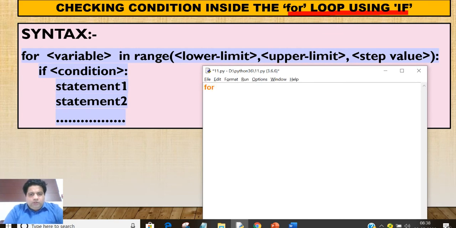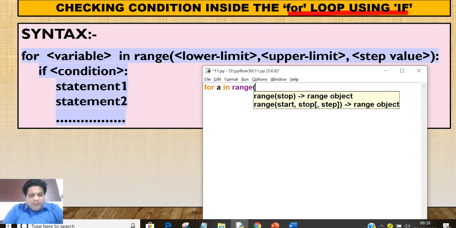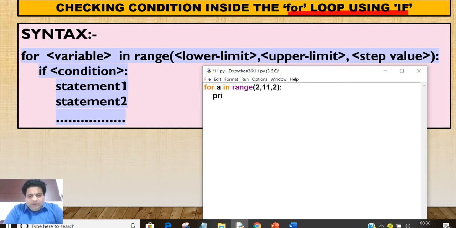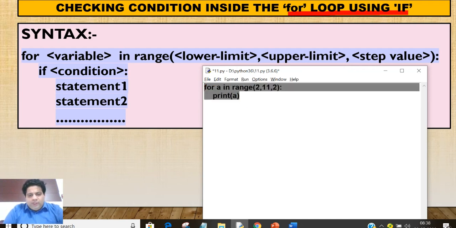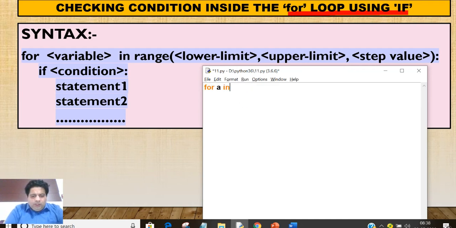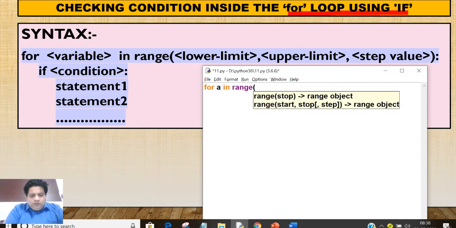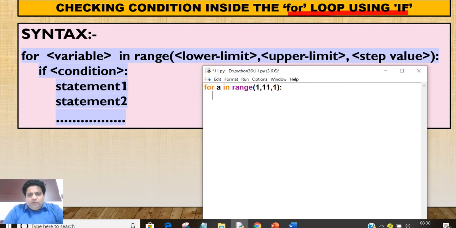Now for a in range, पहले क्या करते थे 2 फिर 11 फिर 2 और फिर प्रिंट कर देते थे आप. ये नहीं करना. नाउ यू हैव टू यूज इफ. तो आप क्या करोगे फॉर a in range write 1 only, write 11, then 1 only. It means you don't have to give the lower limit as 2 and step value as 2. आप 1 से लूप चलाइए 11 तक.